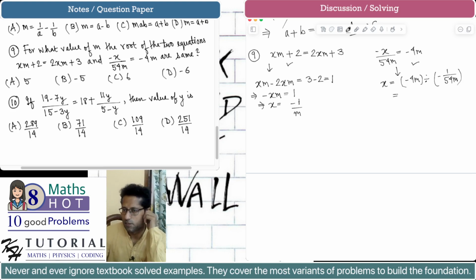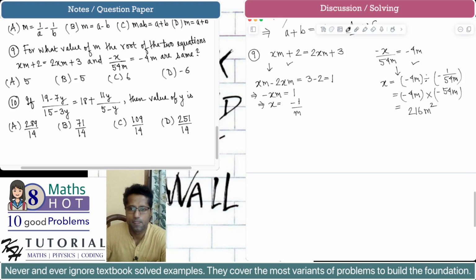If you simplify the RHS, it is minus 4m multiplied by the reciprocal of minus 1 by 54m, that is minus 54m. Now minus minus cancels out, we get 54 multiplied by 4, which is 216 m square. So the solution of the second equation is 216 m squared and the solution of the first equation is